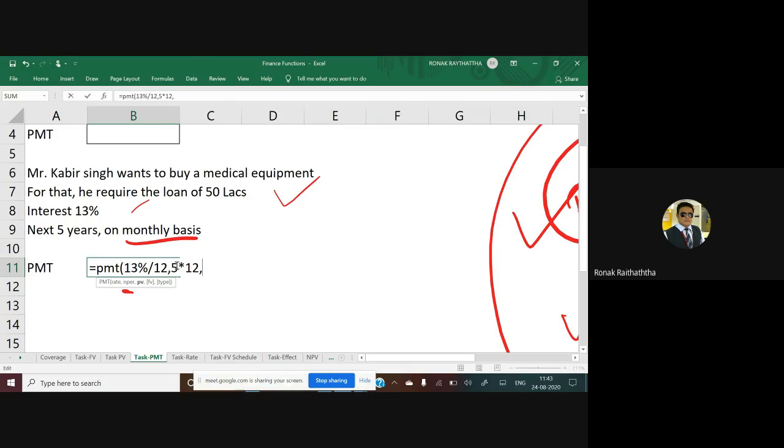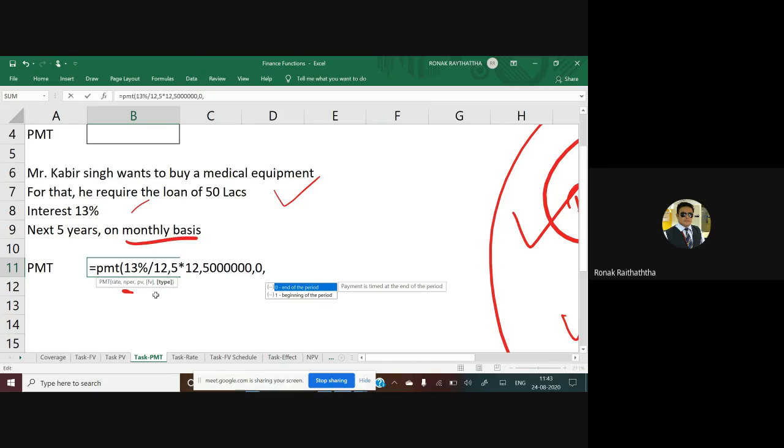Then the amount of loan which you have taken right now, that is the present value. So I'm writing the amount 1, 2, 3, 4, 5, 6. So 50 lakhs rupees is the present value of the loan which you have taken, pressing the comma. The next indicator is the future value. In this case, my dear fellas and fellies, you do not have any information about the future value. So you are supposed to put 0, comma, type of annuity.